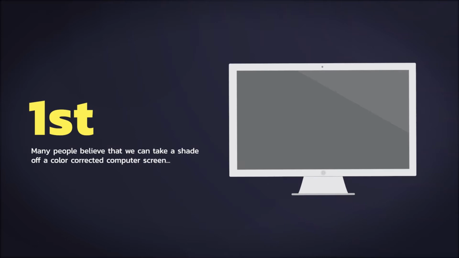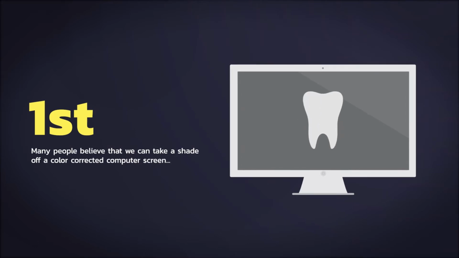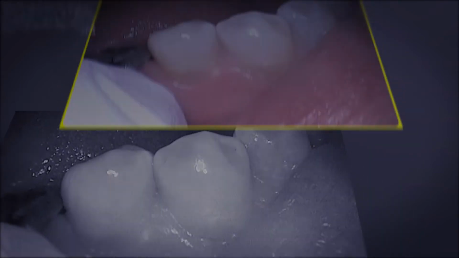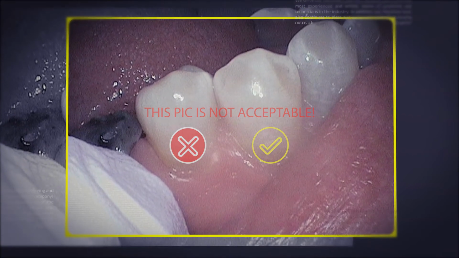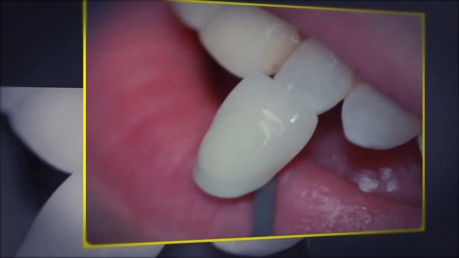I'd like to share some common mistakes we see with shade pictures. First, many people believe that we can take a shade off a color-corrected computer screen. The most valuable information a technician can have is a picture with a shade tab in the same frame as the tooth. Second, many times we get shade pictures where the shade tab and tooth are not on the same